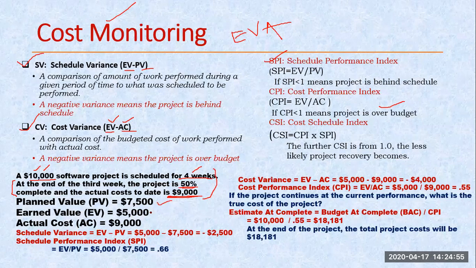But how much have we earned? We have earned 50%. So 50% means half of this, we have achieved 2 weeks. So as per that, this is only 5000. But the actual cost, how much have we already spent on this 50% task? I have already spent 9000. So these three values we can get from my given question itself. Right now I have to calculate all of this. So firstly we are calculating my schedule variance and schedule performance index, SPI and SV. So this is the actual value.